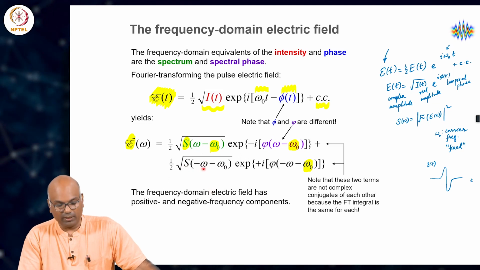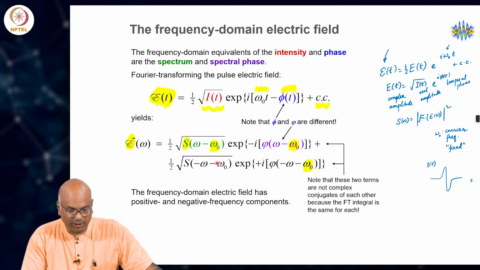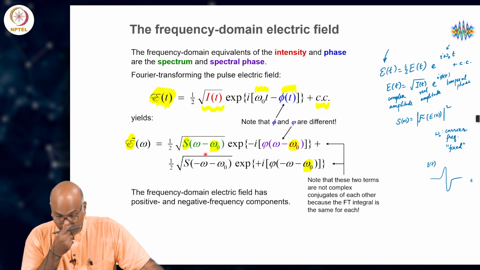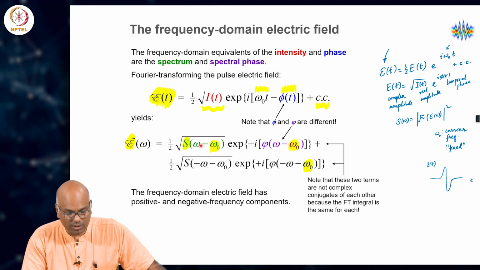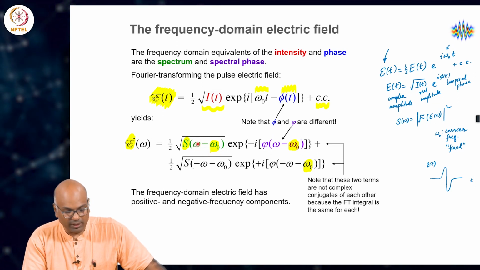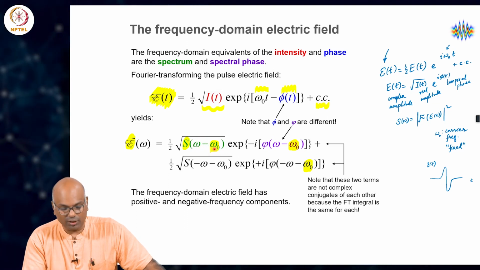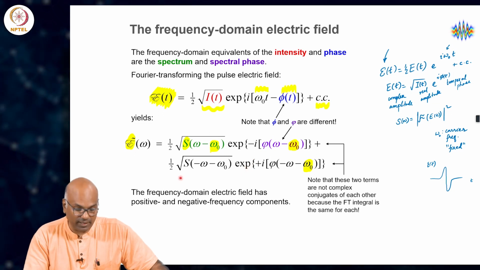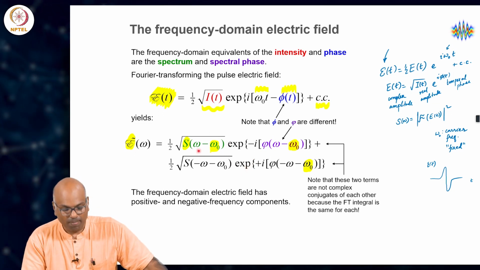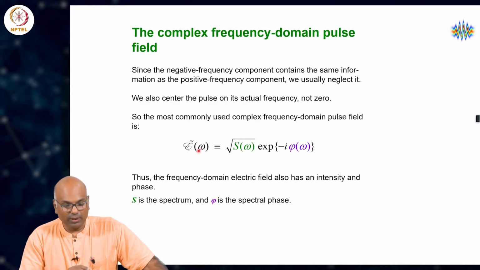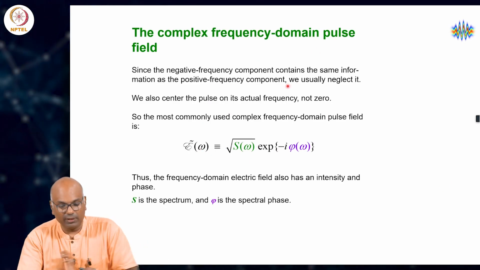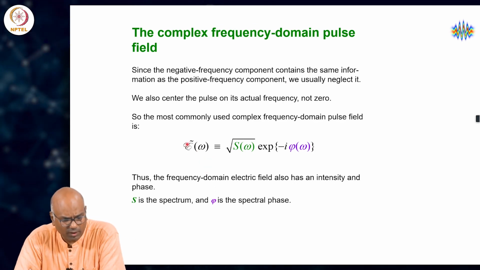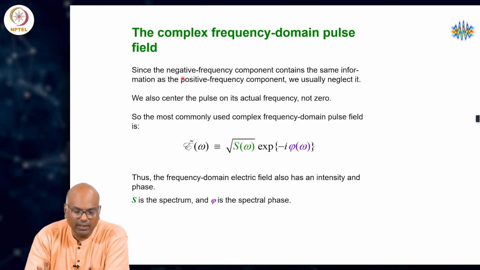This is absolutely negative, minus omega naught; both omega and omega naught are positive numbers. This is omega naught minus omega, right, typically. So, this is the omega axis, omega is now a free running variable. So, this is just a shift of the axis to the left and the function to the right, essentially by omega naught. Okay. So, in the complex frequency domain of the pulse, now we can essentially neglect the negative frequency component,